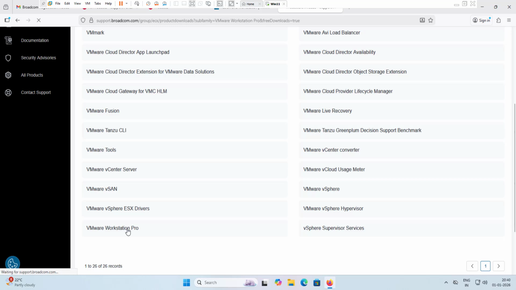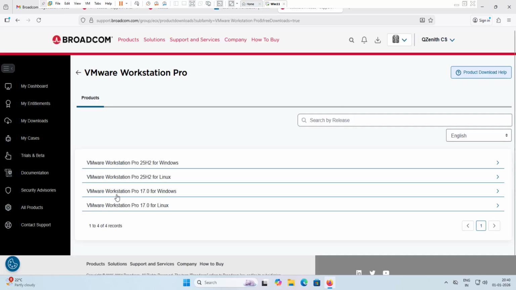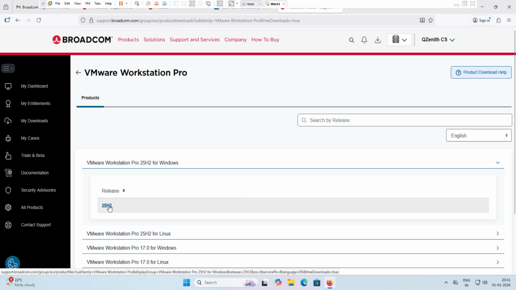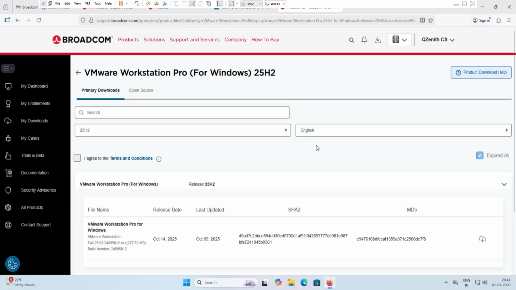And now you can see VMware Workstation Pro 17.0 for Windows. And then again, we have VMware Workstation Pro 25H2 for Windows. This is the last stable version of Workstation Pro 17.0. So now VMware Workstation Pro is free and available to download freely. This is the newest release that they have provided. I'm going to click on the 25H2 release and it takes you to this website, and you just need to